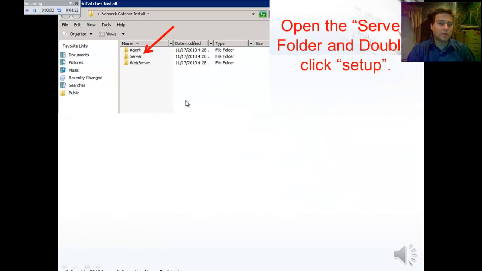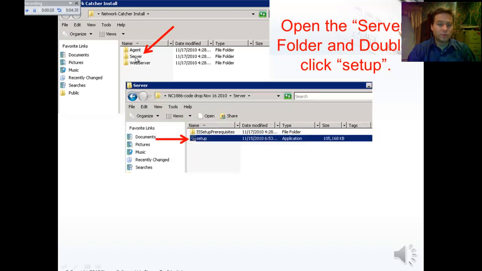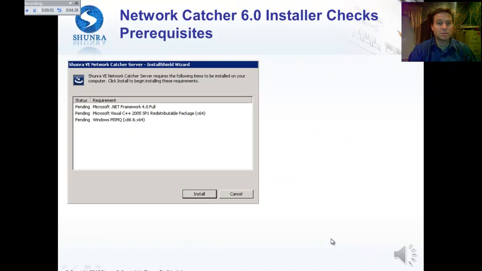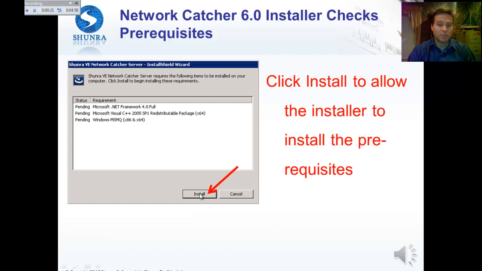First things first, download the NetworkCatcher installer, put it in a temporary folder, double-click the server folder, then double-click the setup icon, and then click continue into the installation. The NetworkCatcher installer will check for prerequisites first and install those. There are several things like .NET, Visual C++, and MSMQ, which are Microsoft Windows critical components that NetworkCatcher server needs to run. Click install,